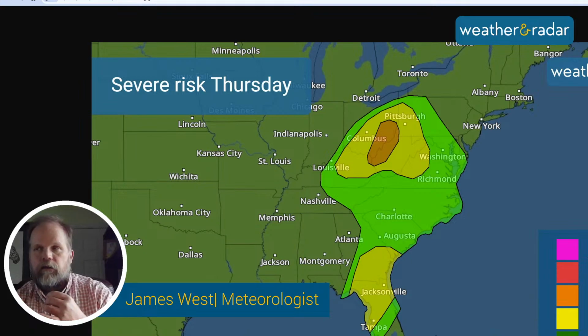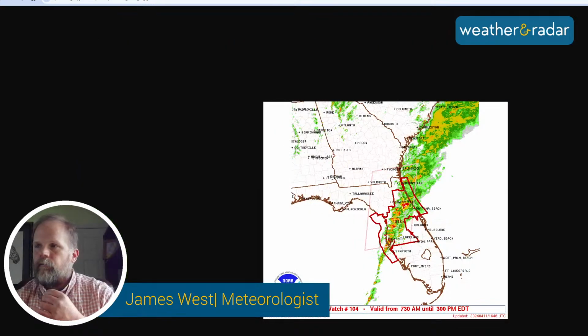And there is a small chance of some tornadoes spinning up, especially in the areas of the Ohio Valley, of southeastern Ohio into western Pennsylvania, closer to that low pressure area. When thunderstorms develop in that particular area, there's enough rotation as we go higher up in the atmosphere to produce a tornado in those areas. So that's one of the things that we will be keeping an eye out for throughout this afternoon into this evening with this forecast. And then finally,